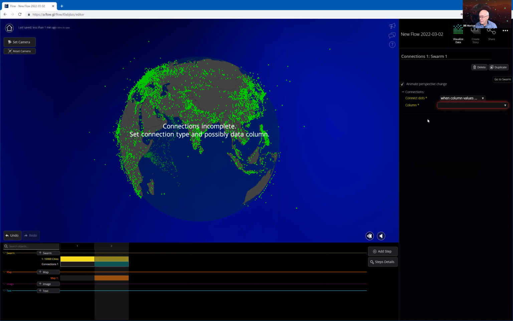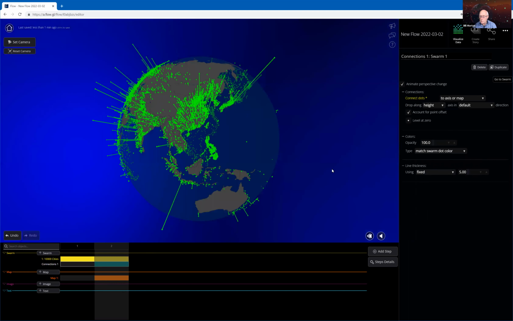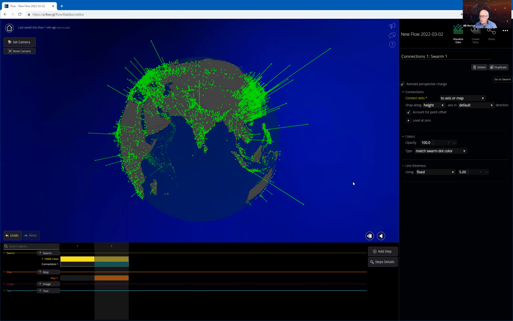Okay. So what Flow is going to ask me now is, what kind of connection do you want? And the particular connection I'm going to choose is connect the dot to the axis or the map. Okay. So I chose that, and right away, now all these cities, their location is pinpointed on the map